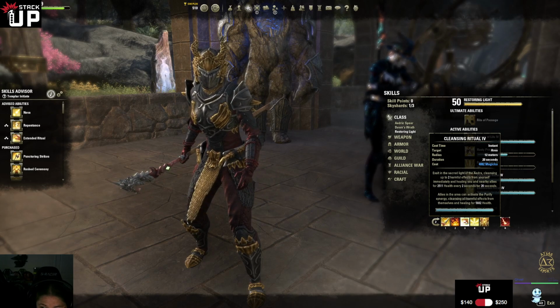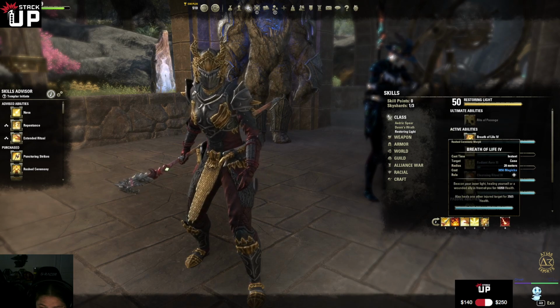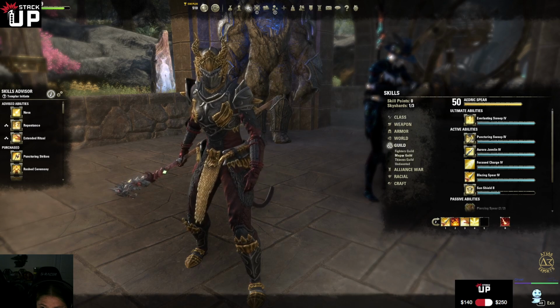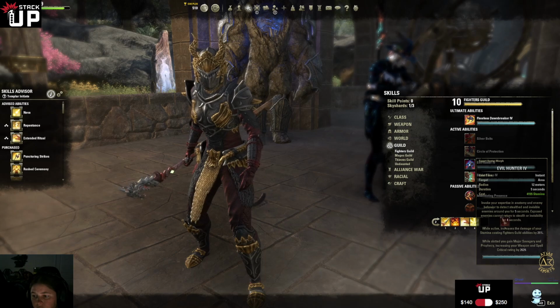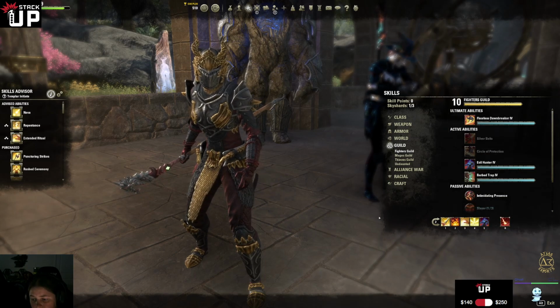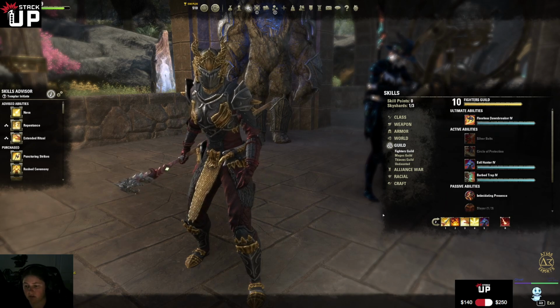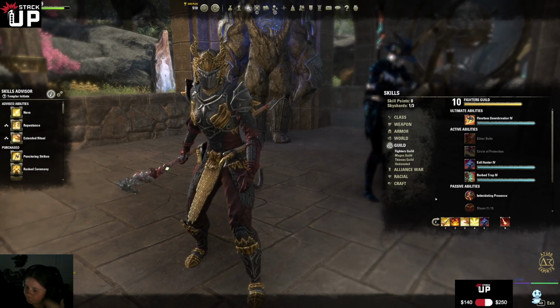But that's okay. Channeled Focus is good to have, and you need Camouflaged Hunter. That's the Fighters Guild skill. Second from the bottom, Expert Hunter morph. Yeah, I've got Evil Hunter. It doesn't really matter which one you have. That's fine. Your ultimate needs to be...